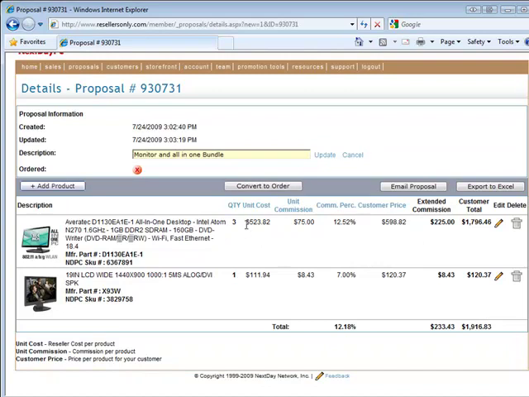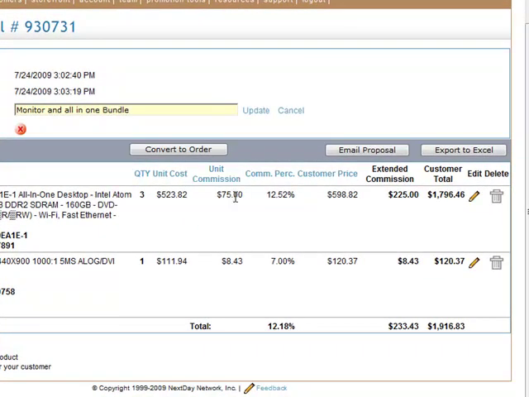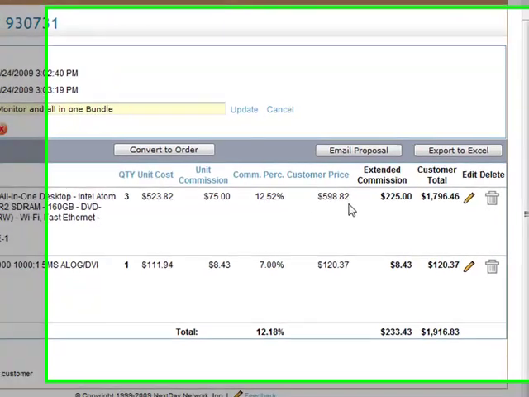Of course, I changed it to quantity 3. My unit cost will stay the same. My unit commission is more now. I changed my commission apparently to a little bit over 12.5%. So the customer will now see